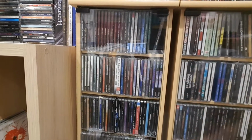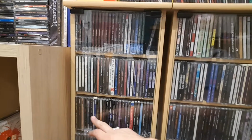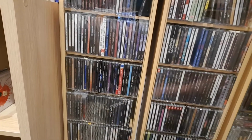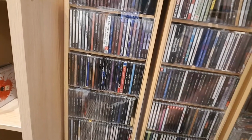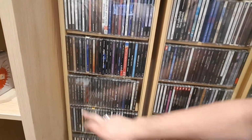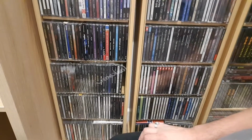Unruly Child, Signal, Jack Russell, Great White, all along there, Warrant, Janie Lane, Dokken, all along here, State Trooper, Two Fires, Arrival, Hess, Child's Play, Steeler, Treat, what else, House of Lords, Alien, oh that Alien shouldn't be there, it should be somewhere else, James Christian, Giant, Stone Fury, Kingdom Come,